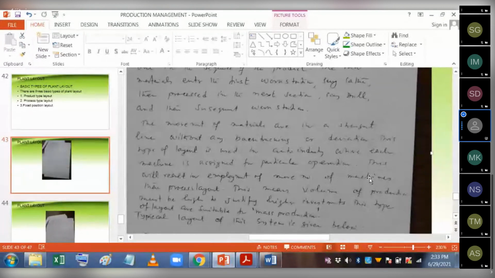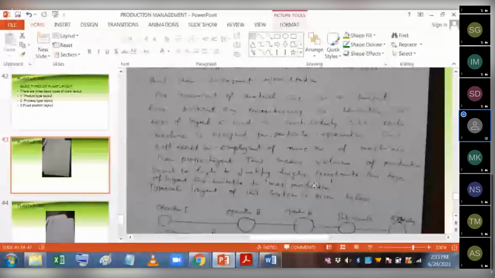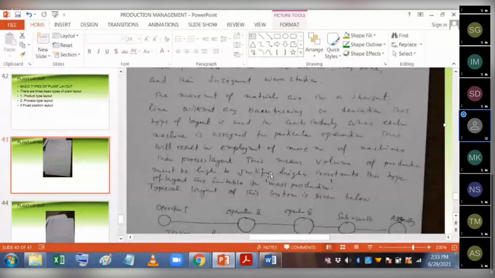এটা বুঝতে পারলে তাহলে ফ্লেক্সিবল ম্যানুফ্যাকচারিং সিস্টেমটা বুঝে যাবে। আচ্ছা, this means volume of production must be high to justify higher investments. এইখানটা ভালো করে বোঝার চেষ্টা করো। আমি আগের দিন একটা এক্সাম্পল দিয়েছিলাম যে একটা বাইসাইকেল তৈরি করার প্রপোজাল নিয়ে